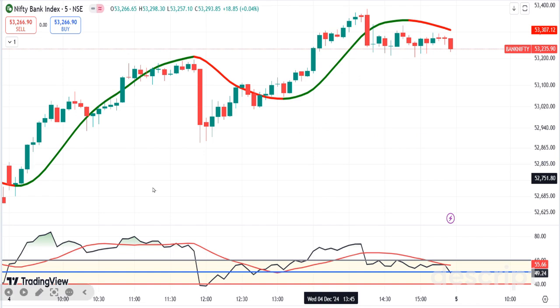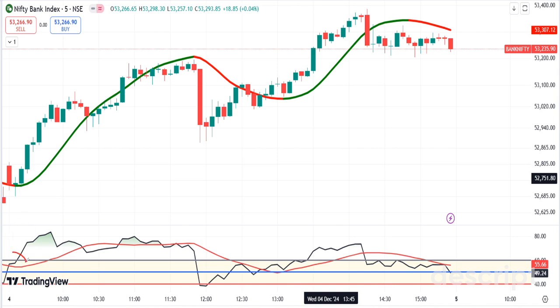The indicator is quite simple. Whenever you see a change in color, there's a high probability that the trend is changing. It's a leading indicator, and we can use it. Very simple indicator. These are moving averages. You can use this for momentum also. For your momentum, you can use RSI.